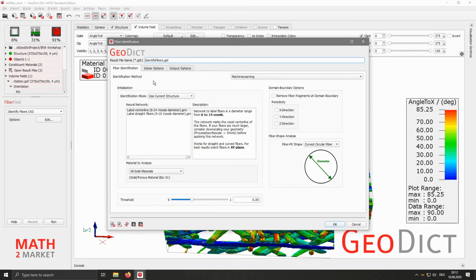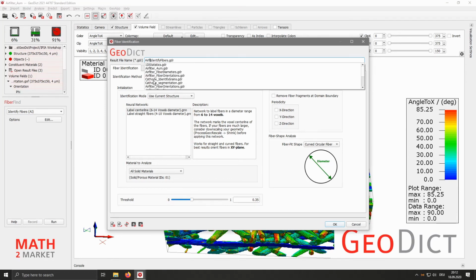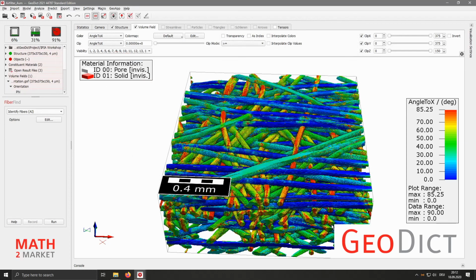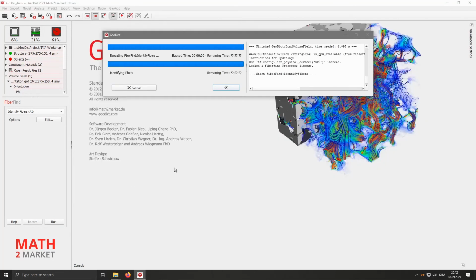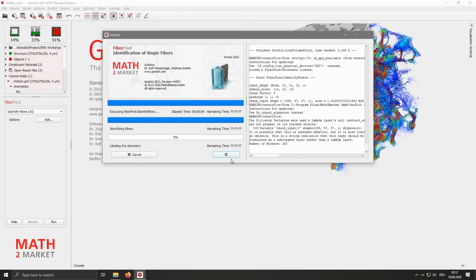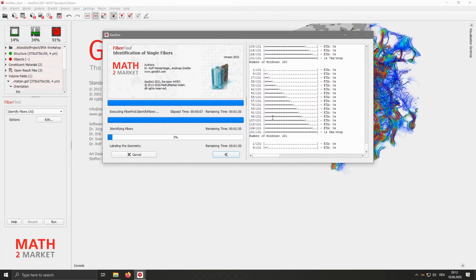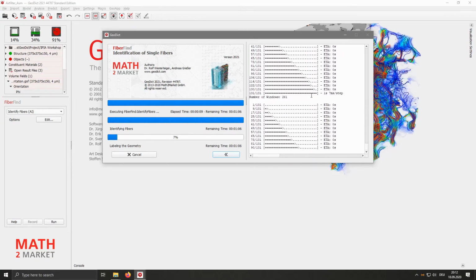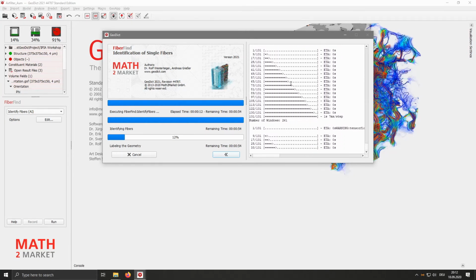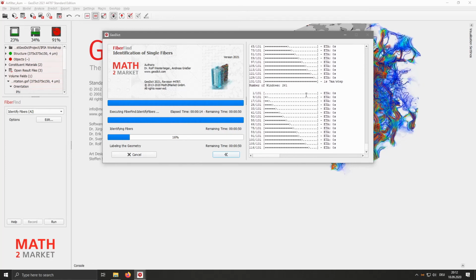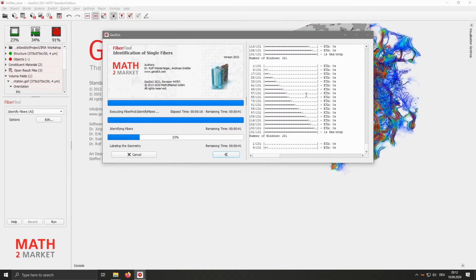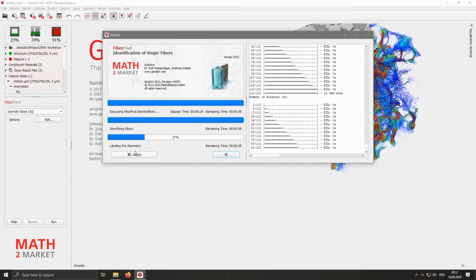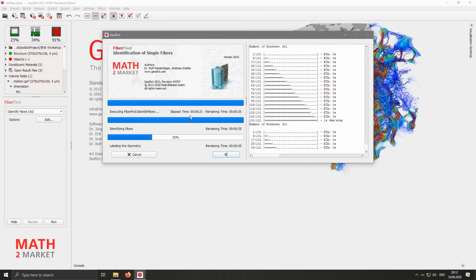Up here, we again change the result file from identify fibers to AI filter identify fibers. Then we click OK, and we click the Run button. Now, if you haven't opened it up, maybe open up the console right here, and you will see the analysis working. So if this is very slow for you, your GPU might be too slow, or you're running in CPU mode, then you can just cancel it and instead load the result in the data folder.